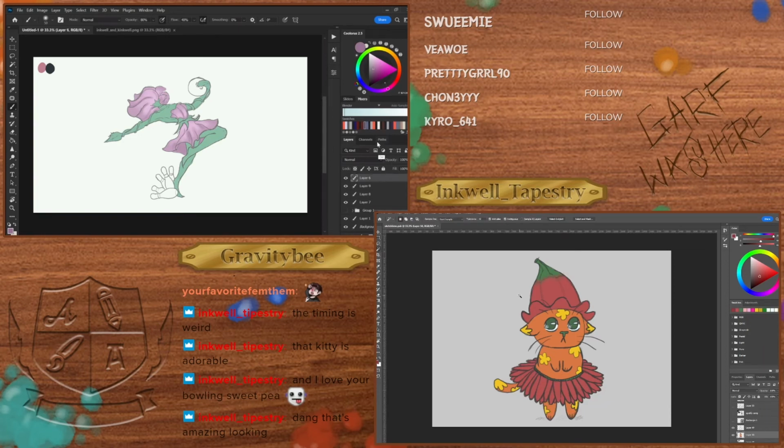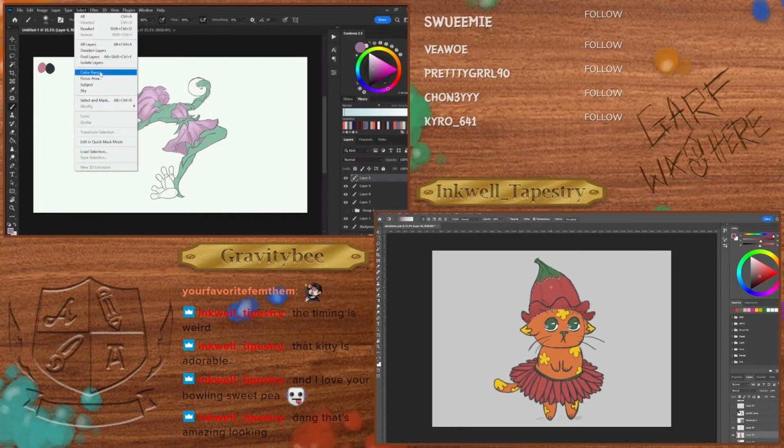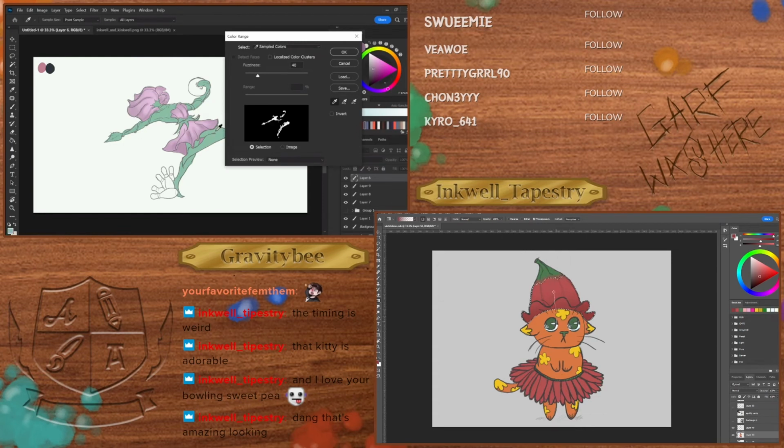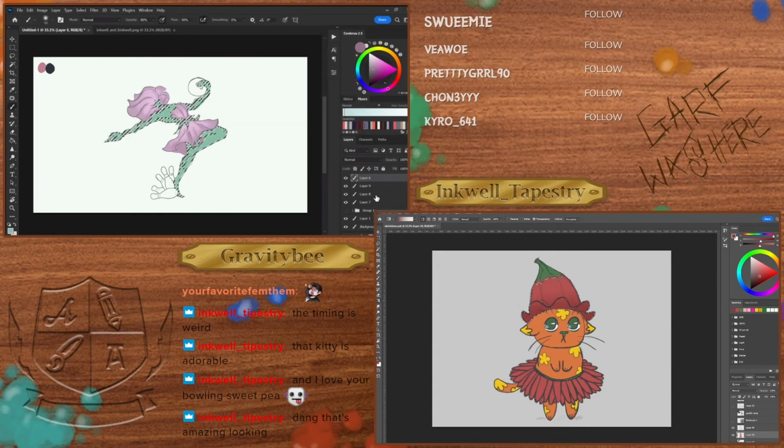All right. Now we're going to do the same trick. We'll go select. We'll go to color range. And now we're just going to color pick a different one. And now we've got our green. We can make a new layer and we can do our Control H to hide the selection so we can actually see what we're doing. And then, let's go with some way lighter, is this gonna work? Oh, oops, this is under. There we go.